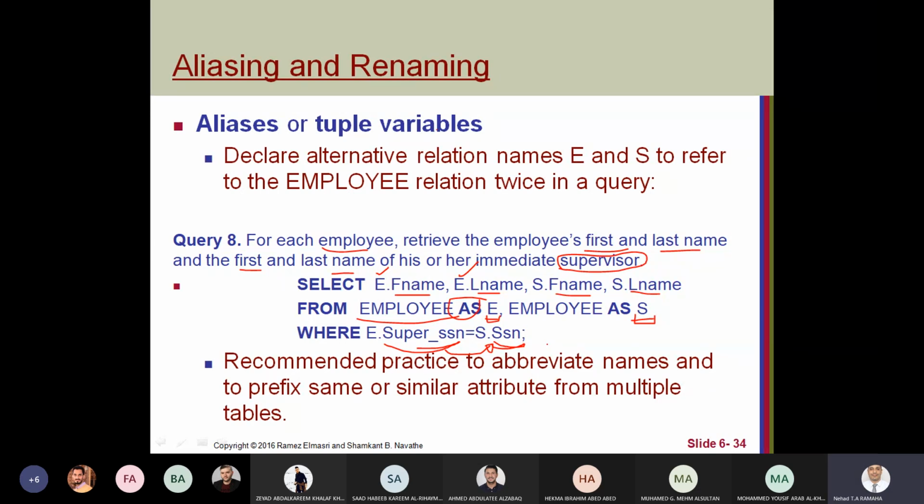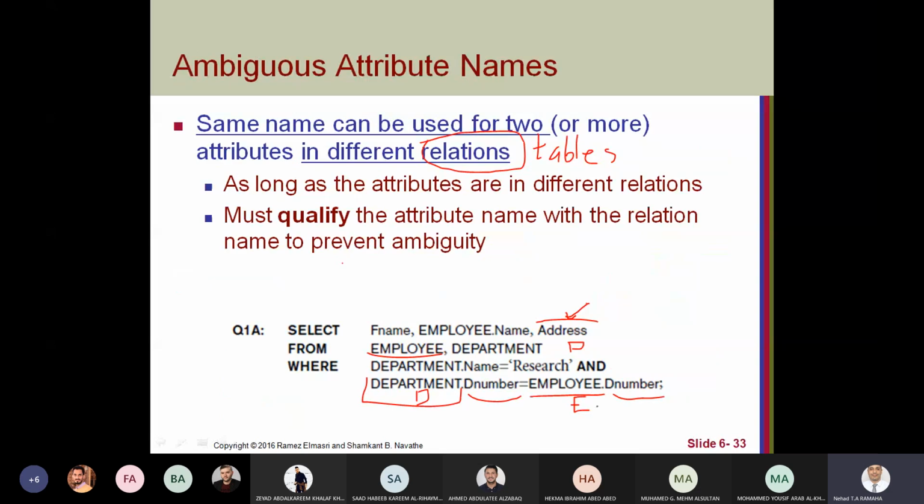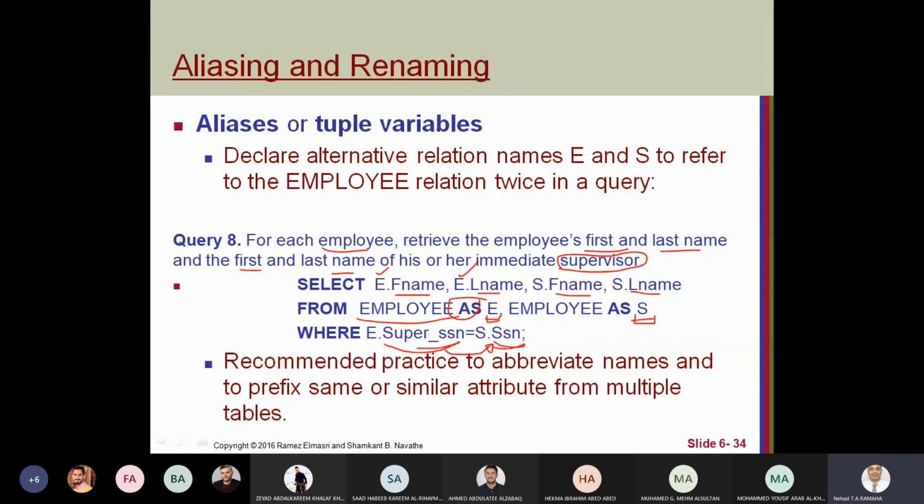Like this, we connect the recursion. In recursion, we have to use the alias name. In different retrieval queries, we can also use alias names.